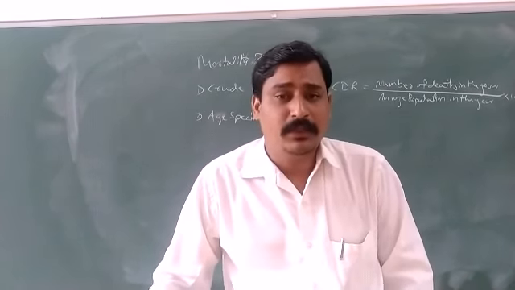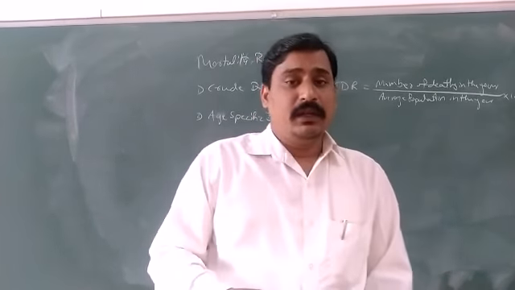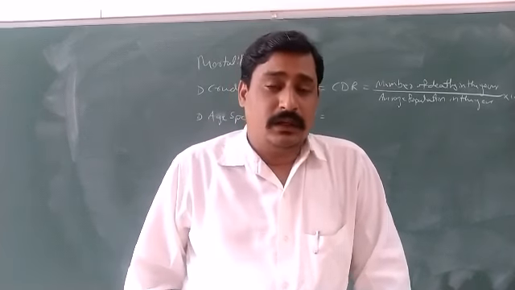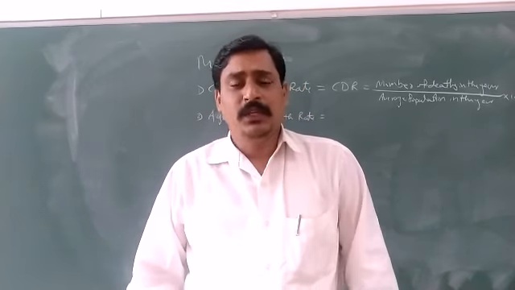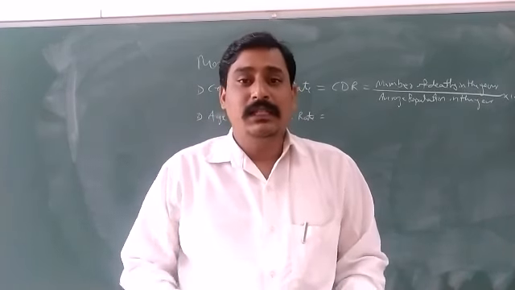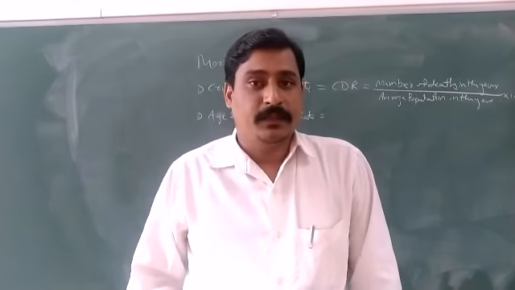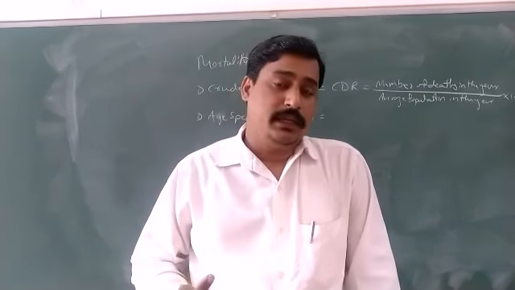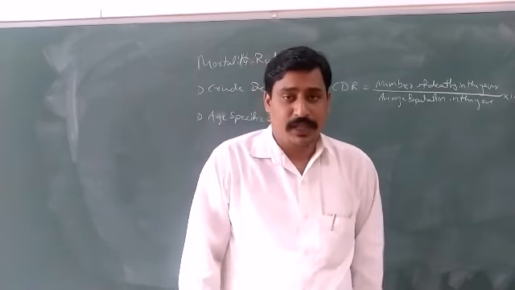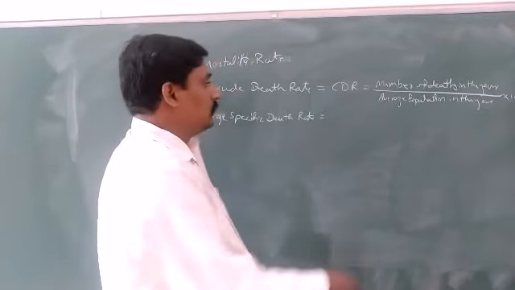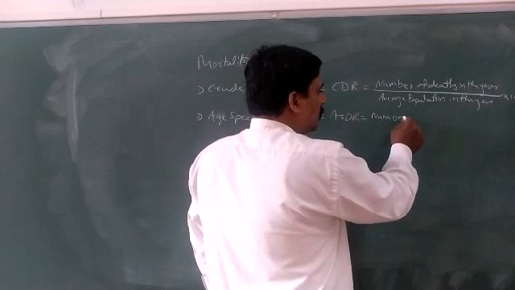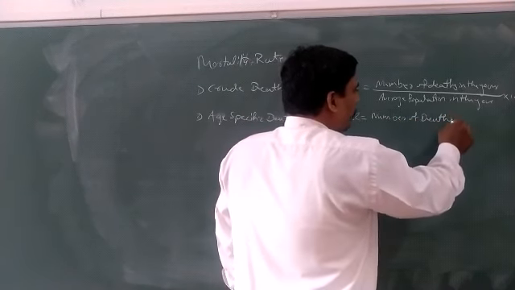Even a newly born baby may die, even an old age person may die, or even a working person, a 25 to 40 age person or a teenage person. Any person may die. So here the age group may be divided in any pattern as per the requirement of the study. Age may be 0 to 5, 0 to 10, 0 to 20, 0 to 40, 40 and above, anyway. So here the formula to calculate ASDR is: ASDR is equal to the number of deaths in a